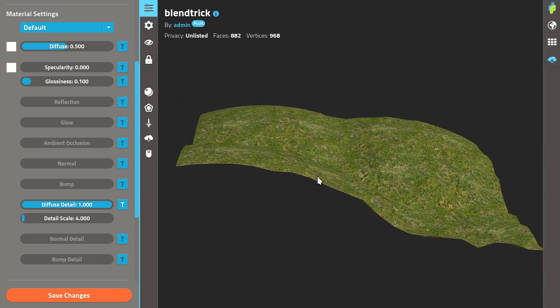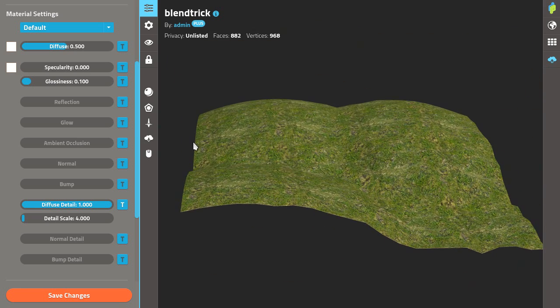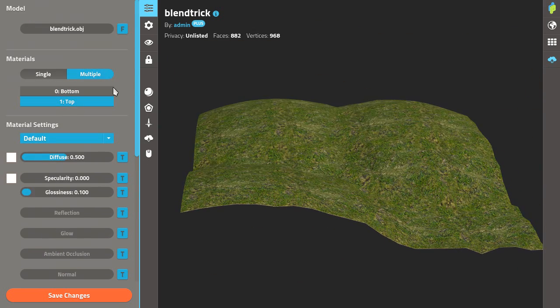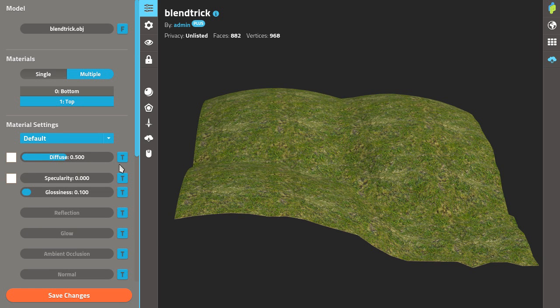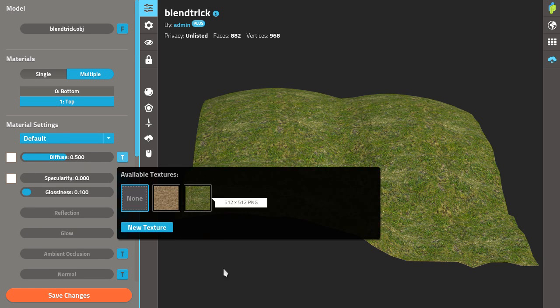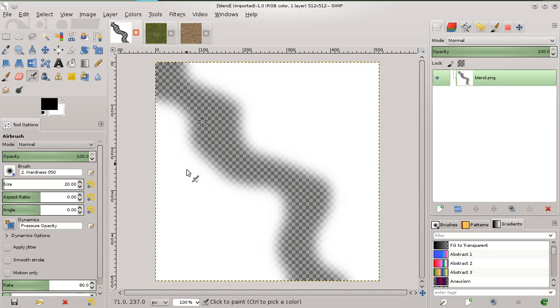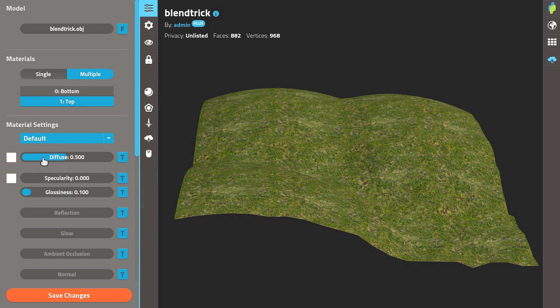model. Let's not say material because it isn't. Now on the top layer, we use the diffuse channel to load this new texture I have prepared, which is the alpha channel. This is a white texture. It has to be white because the diffuse texture will be multiplied by the detail map. So white, of course, will not change the color of the detail map. And I added a quick alpha in between. So let's add that to the diffuse channel,